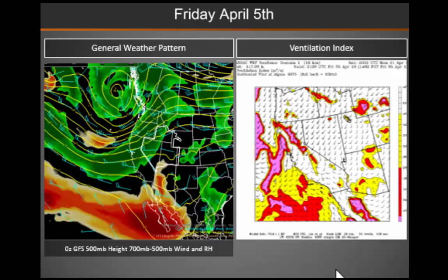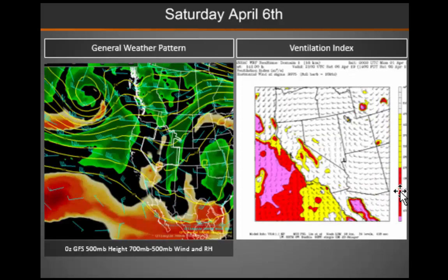On Friday, this next system exits, but we do have a stronger area of low pressure with more of a stream of precipitation coming off the ocean, so we'll see more of an atmospheric river event potentially later this week into this weekend, especially over the western side of the Great Basin. So we will see those winds increase along with heavier amounts of precipitation, especially in the higher terrain of the Sierra. Dispersion will remain relatively good in all areas on Friday,